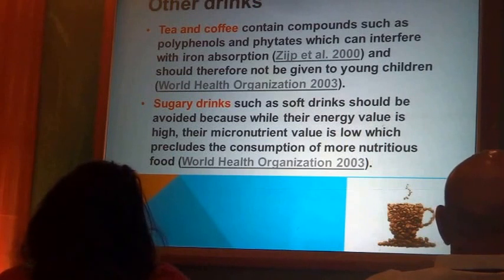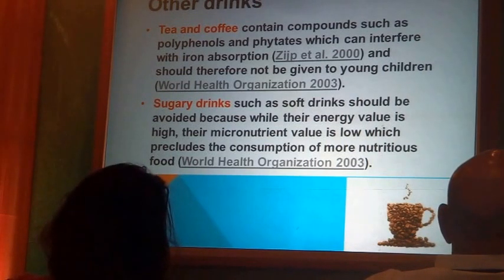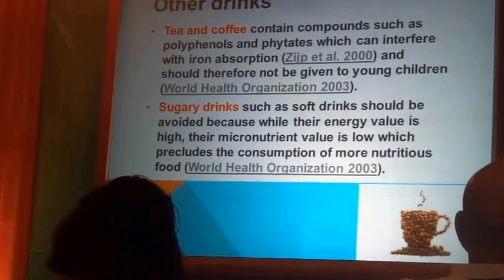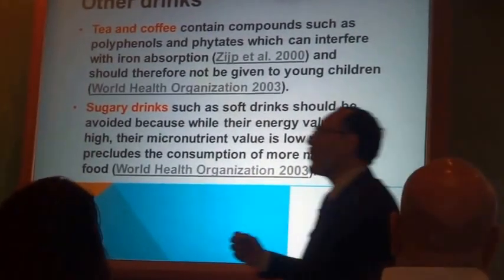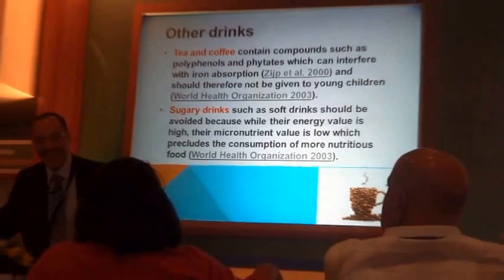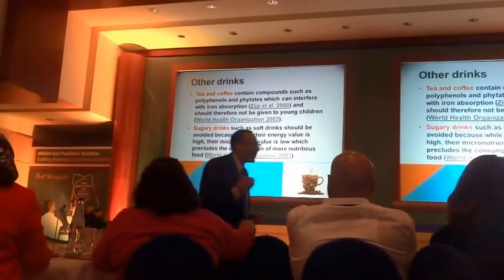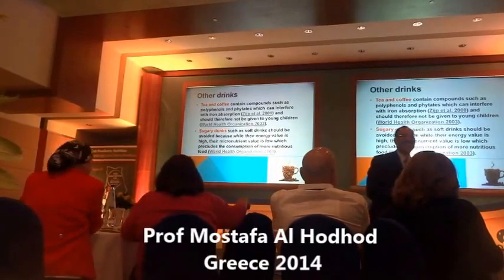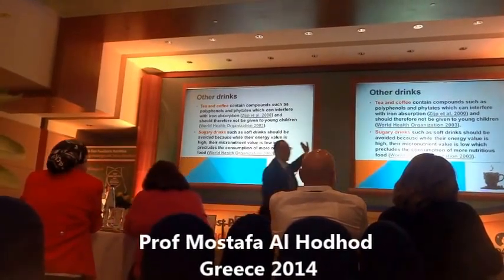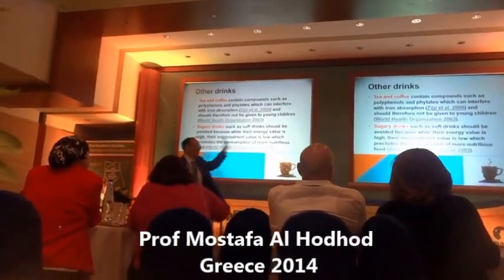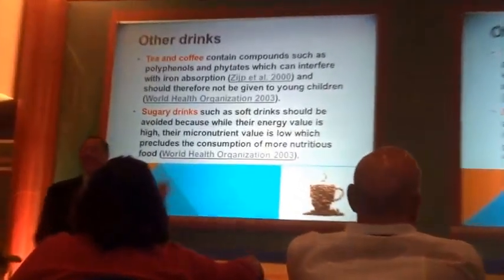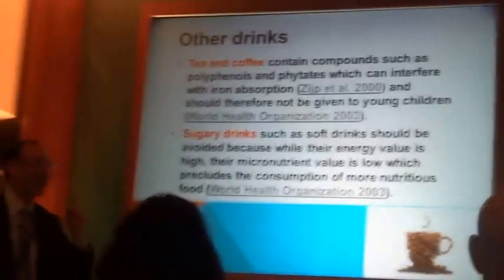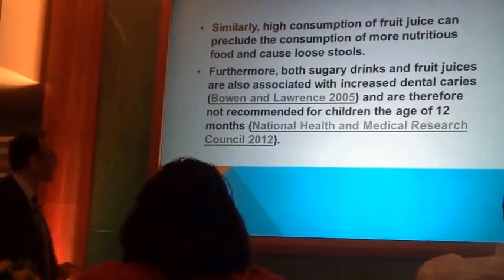And you have the habit that mothers come to you saying, I'm giving biscuits in tea. He is not an adult, so I gave him some coffee. At the age of 7 months, they are giving tea. So tea and coffee are not accepted by definition in the guidelines. Sugary drinks mentioned by Professor Sharif are to be avoided in the complementary feeding.